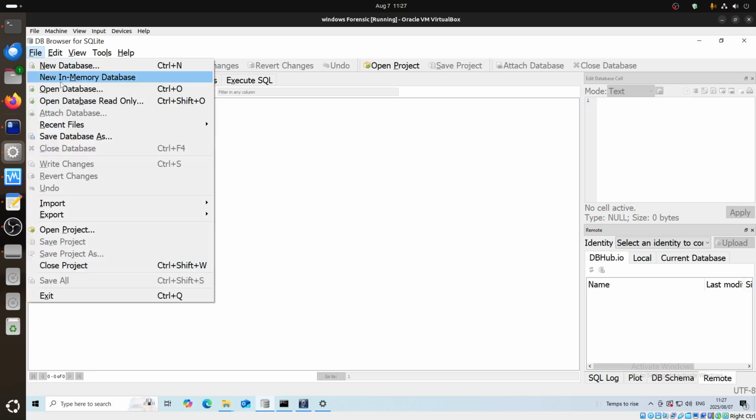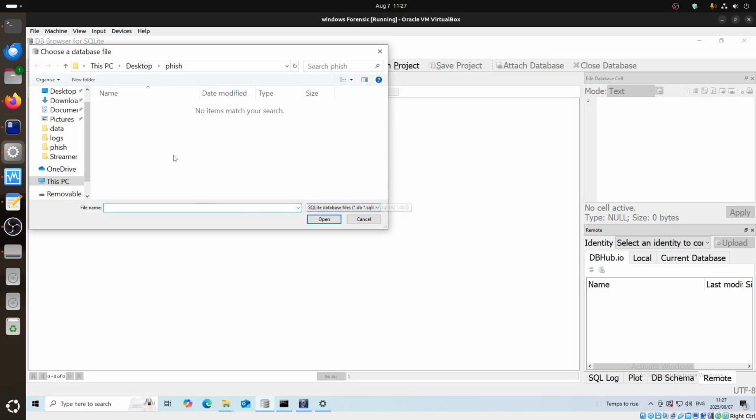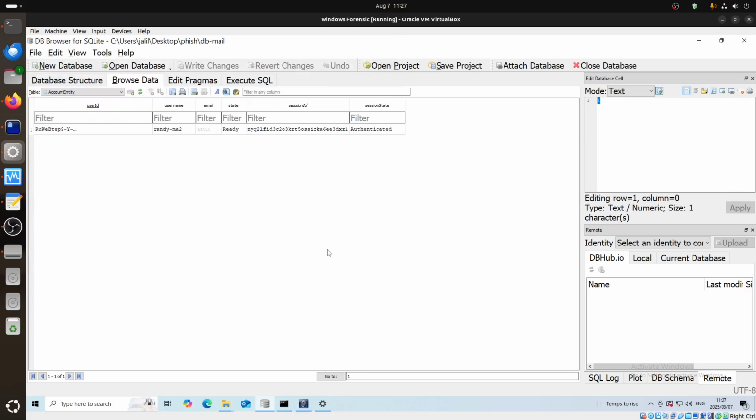So you can go File, Open, for example, Open database. I can go to my phishing folder, all files, open deep. It's good to have them together there. Now we have what,